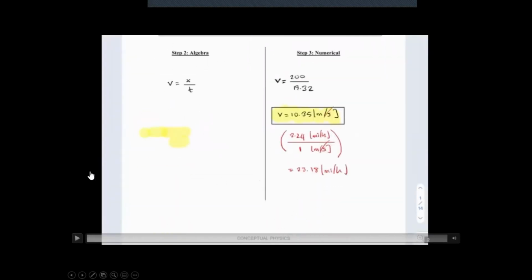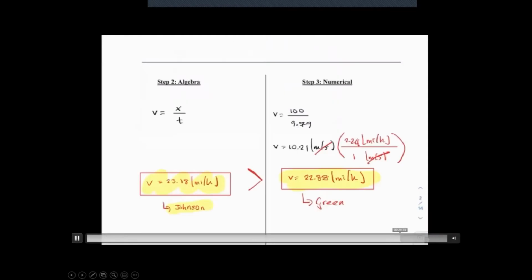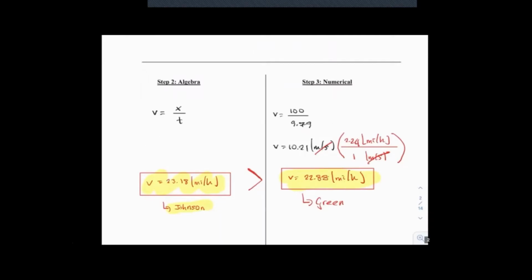It's not that easy. And then you repeat the same thing for Maurice Green, and then boom, it's almost like high school physics. And then come up with a number for him, it's going to be under 23 miles per hour. Johnson is over, Green is under, and then using high school mentality, you think you're feeling comfortable. Hey, you got the answer, right? Johnson's faster than Green. And then somebody's going to say, oh, yeah, really? If that's the case, how come Johnson didn't have the world record in 100 meters? That's a valid question. The only thing you know is Johnson's calculated speed is larger than Green's calculated speed.